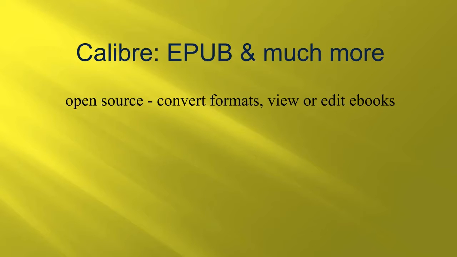As we mentioned before, Calibre is great for creating EPUBs, but it's really much more. It's a library management system. It is open source, which means it's free and you can share it with others. And there you can convert formats. You can convert to any format, basically, not just EPUB, as you'll see. But you can also view and you can edit ebooks, which is really important for writers who are uploading to